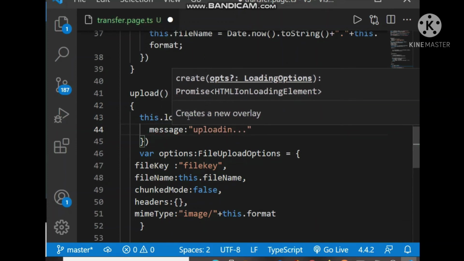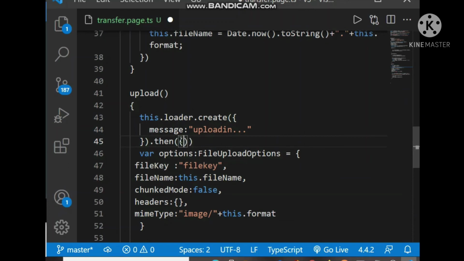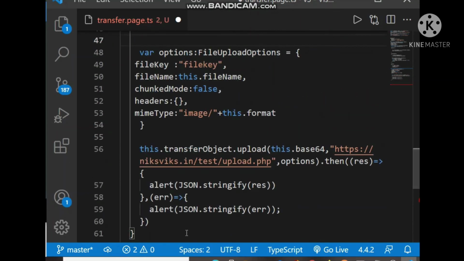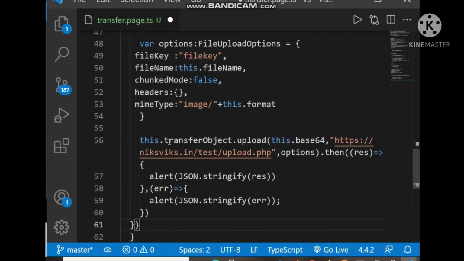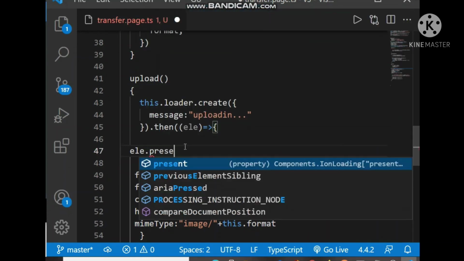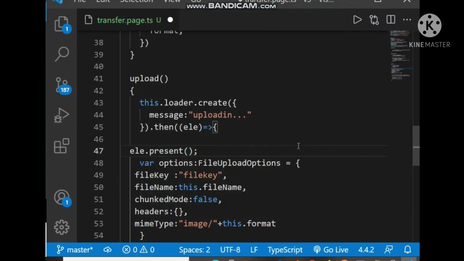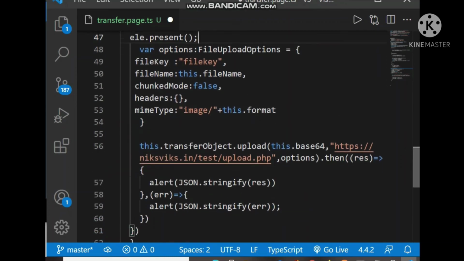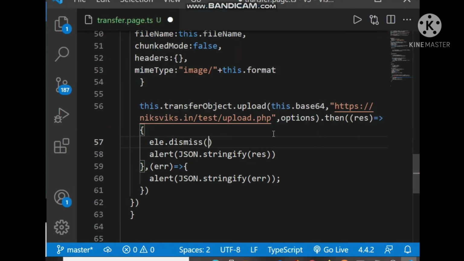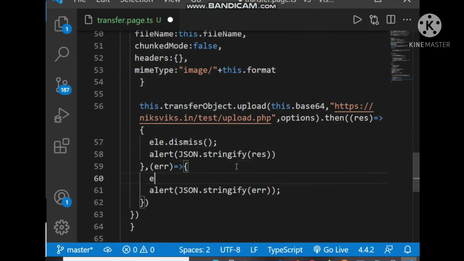Then the element should present here, which means it will show the loader on the page, and when the operation completes we have to dismiss the loader, here also.